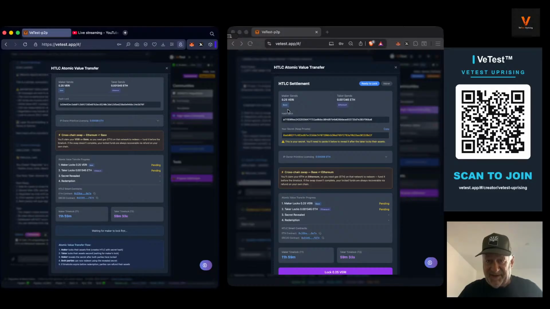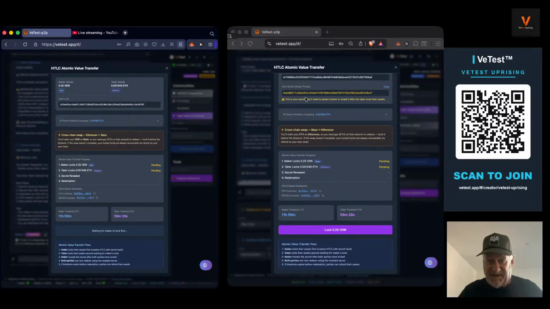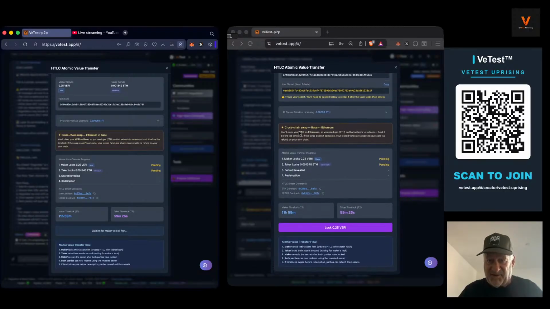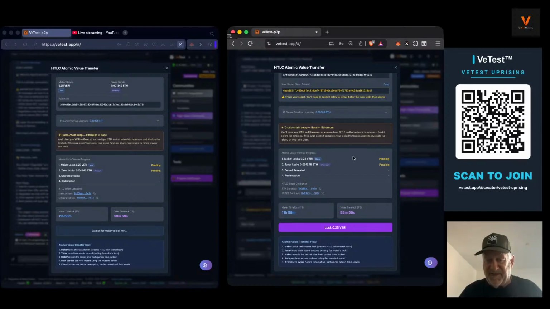The vary is on base, and it gives us our hash time lock and the secret key, which we'll need next. It's telling us this is a cross-chain swap. It's giving us our progress thus far. You can also open the primitives bitmap here and see where we're at in the progression. Thus far, we've triggered 4 claims. Going down through here, it even shows you the times that those were triggered. And when we get to the end, it won't hit all of them, but it'll hit all of them that it needs for this